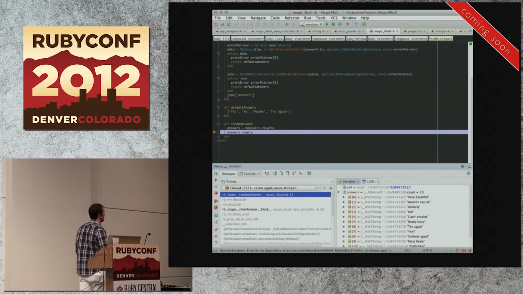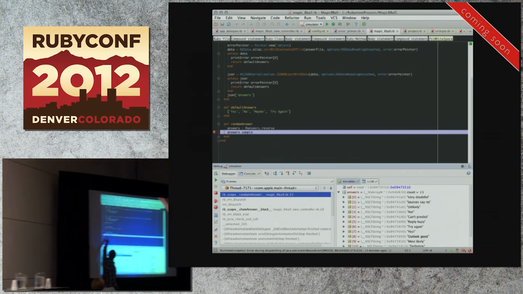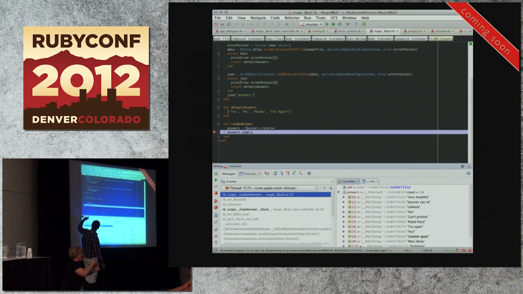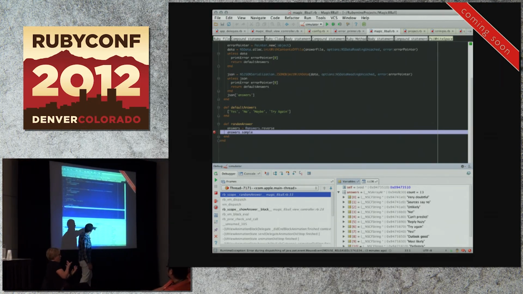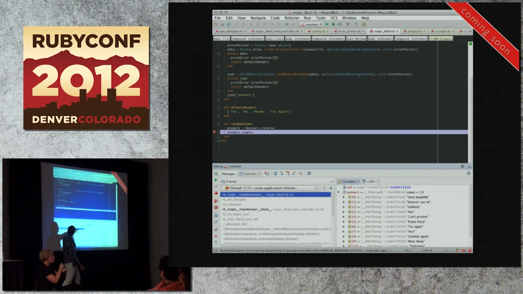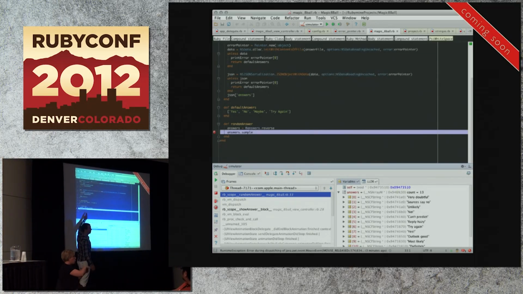You might not be able to see this much, but I just got this screenshot sent to me from Laurent. He just got it today. So this is RubyMine integrating with the debugging support. So if you can see what's going on here, I will walk all the way down here and point, because I don't have a pointer. A breakpoint was set at this line of your Ruby code, and the breakpoint fired here, and these are the actual variables which are in the locals of this method right here.